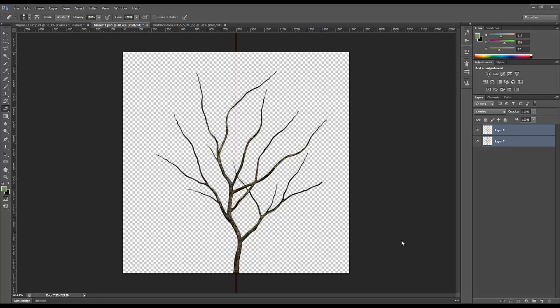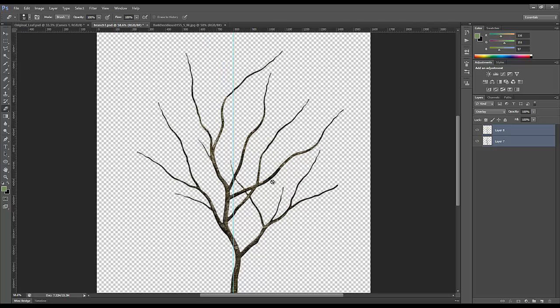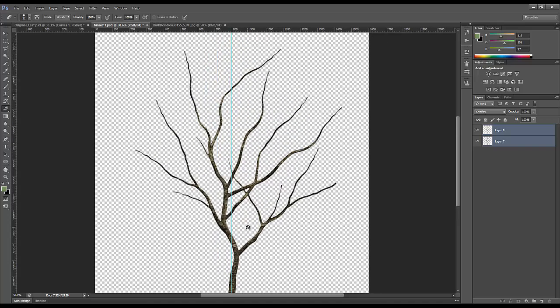Okay, so here it is, a short tutorial to create trees. Especially for now, we will do a quick branch with leaves for games. So we have a branch downloaded from the internet, and I have two layers practically. The first layer is the tree itself, the branch itself from the internet, and